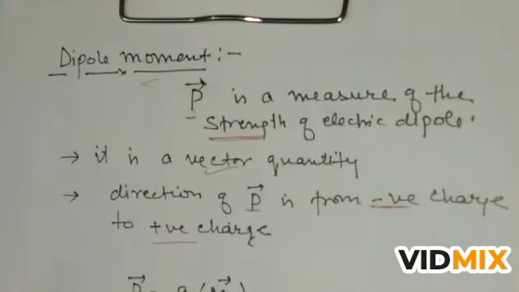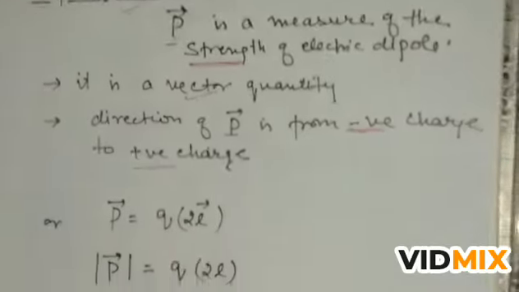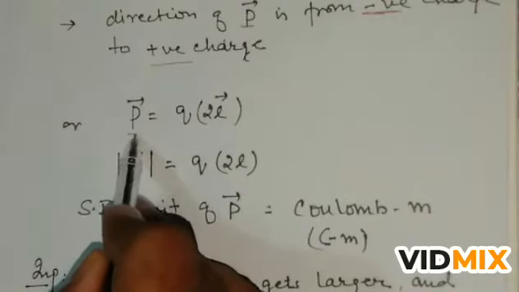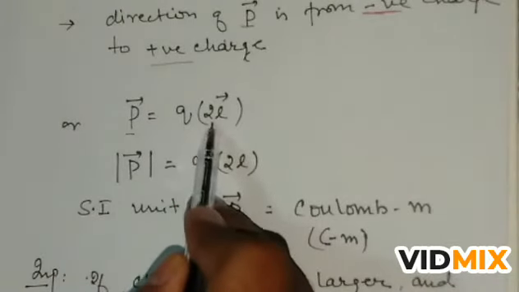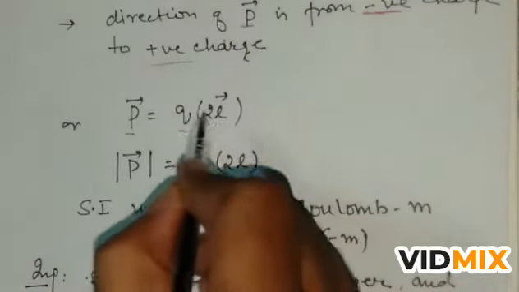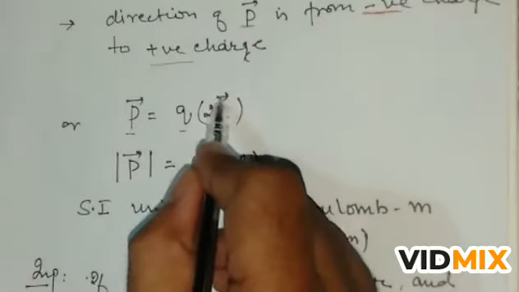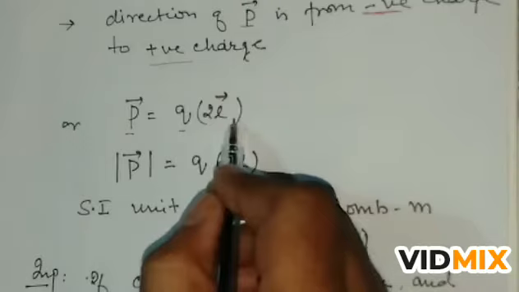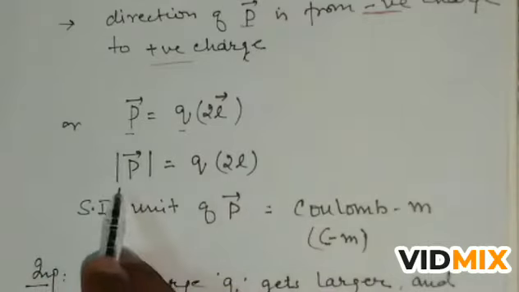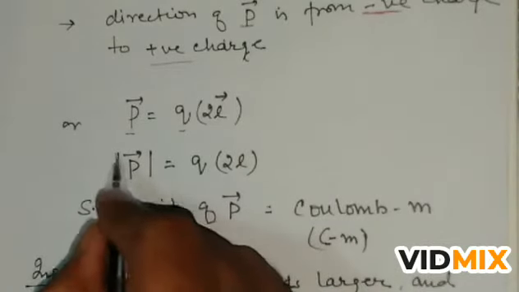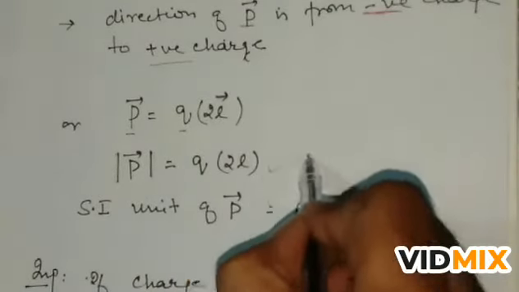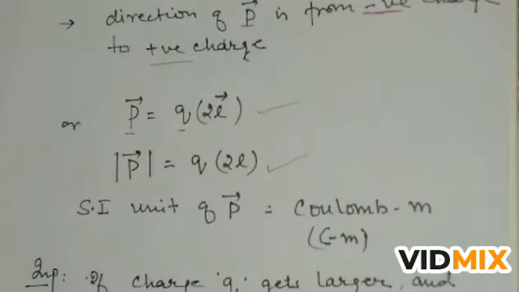What is the magnitude of this dipole moment? How can we find the dipole moment numerically, or whenever we have to find the magnitude of dipole moment? So dipole moment P is equal to Q into the distance between the two charges. This Q is a scalar quantity, and I have taken this L as an element of the distance, so it is a vector. If you multiply any scalar by a vector quantity, it will be a vector quantity. I have taken a mod, so this is the magnitude of dipole moment, Q into 2L. So this is the magnitude, and this is the vector representation of electric dipole moment.